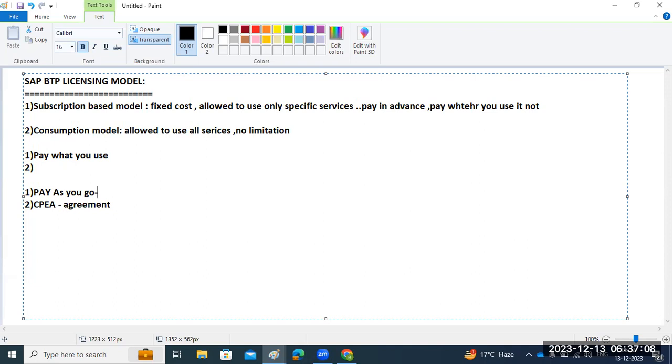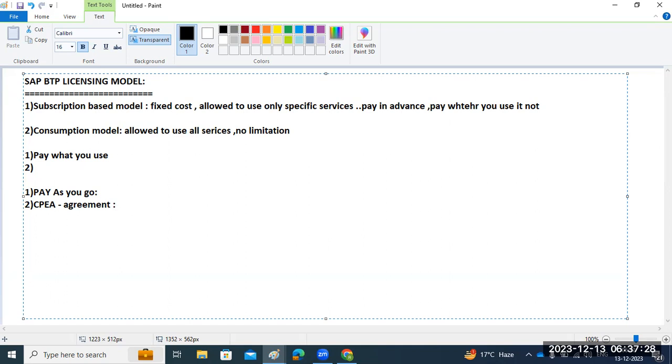Pay as you go means it's a monthly recharge, like the monthly 149 recharge we do. I will explain more on what pay as you go and the CPEA agreement based model mean.